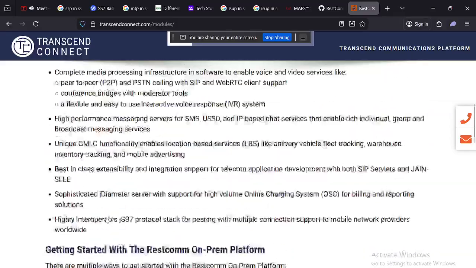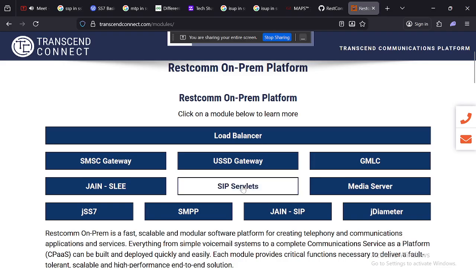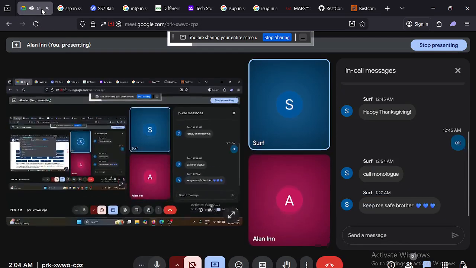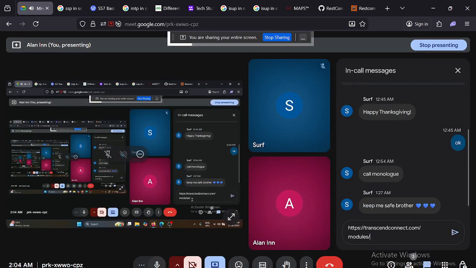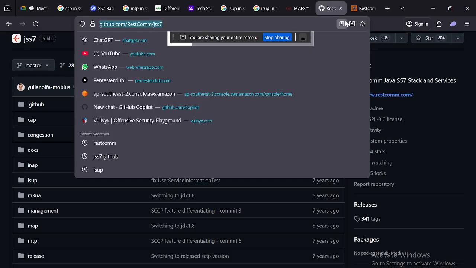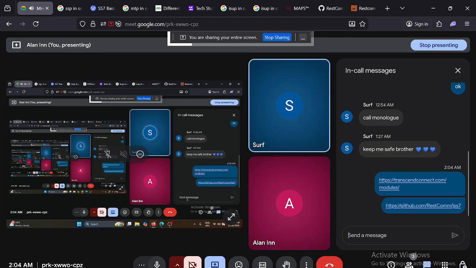They have given it as open source. Can you drop that GitHub link for me? Okay, this one. Yes, please.